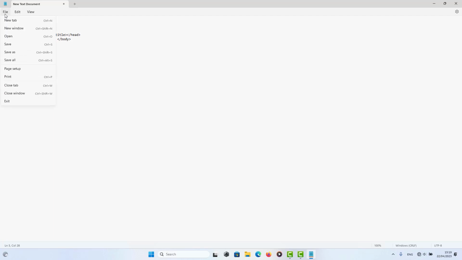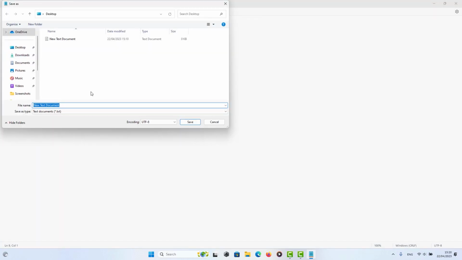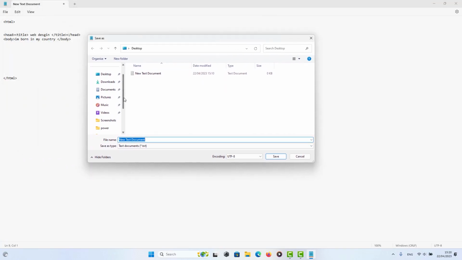We click on the file, and I have to say some things before we save this. We are working in Adobe Dreamweaver. If some people are comfortable with other apps, they can work with those apps. We click on the file, click on save as, and choose the location of our file.